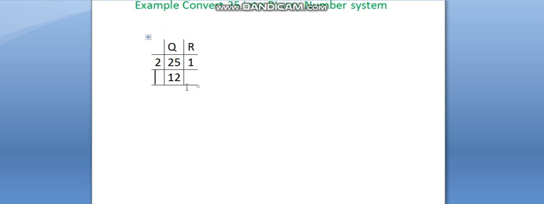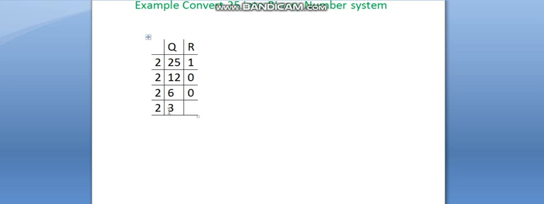Now again divide 12 by 2. Now 12 is your even number. What is the remainder? 0. And what is the quotient where you have to note down here? So what you are going to note down? 6. Now our number becomes 6. Okay, this we have to repeat till our number becomes 0. Again you have to note down this 2. 2 3s are 6. It is your even number, so remainder is 0 and quotient is your 3.